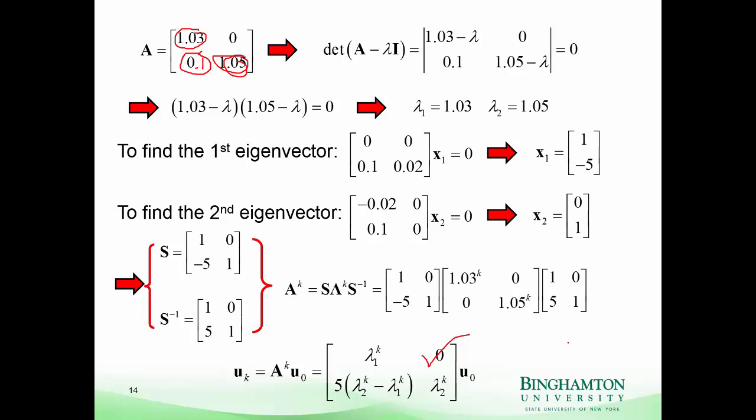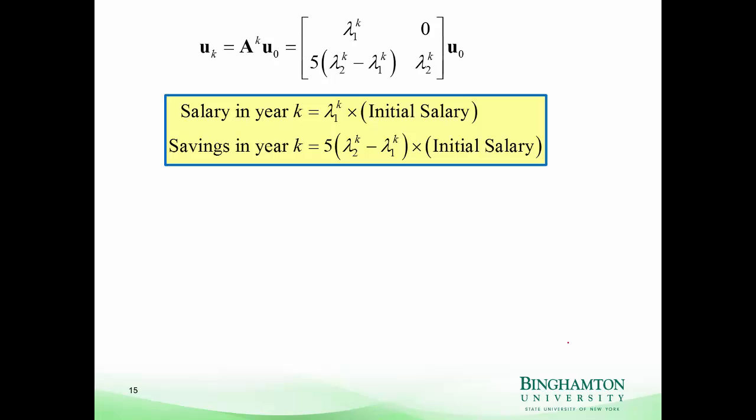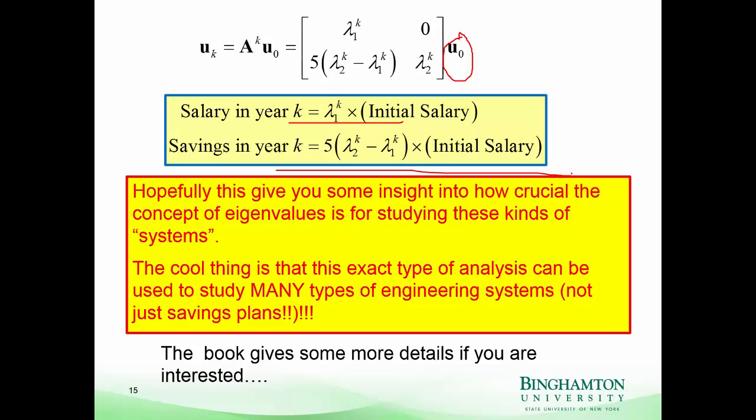And notice there were no numbers involved in that. It was all thinking about concepts, all thinking about variables and symbols. So you have to strive towards doing that because that's what engineering is about. So finally we get this result, and we can then say with my initial salary, we had no initial savings in here, we can figure out equations for what those things are, and we can easily plot those as a function of k. So I didn't do the plot versus k, but you could do that to see how these things grow